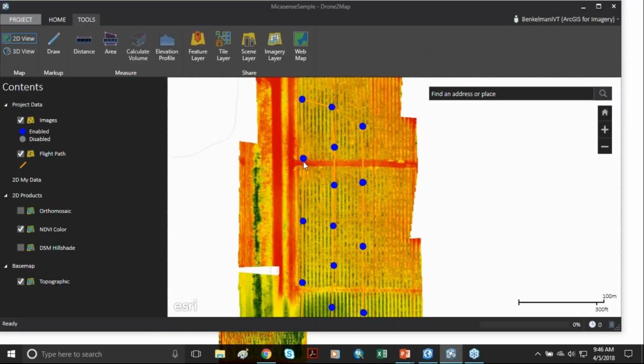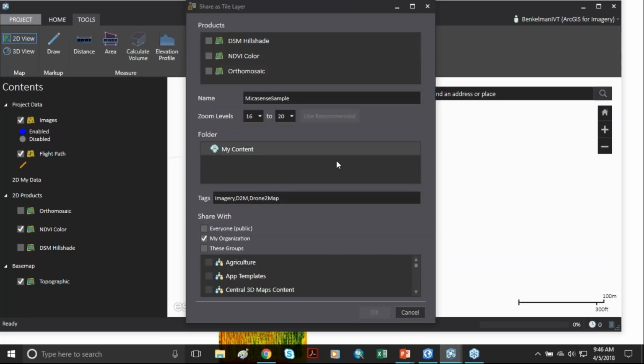So if I do want to share this imagery with colleagues or the public, I can use this tile layer button, and this will immediately publish my imagery into ArcGIS Pro or ArcGIS Online. So this would include the hillshade, the NDVI color map, and or the ortho mosaic, whichever